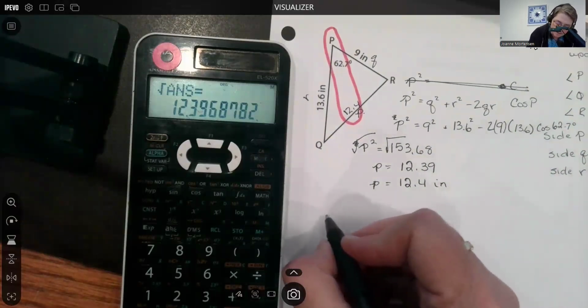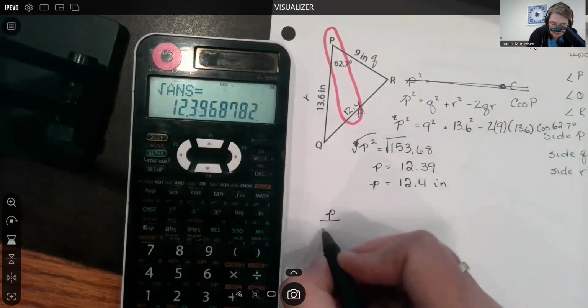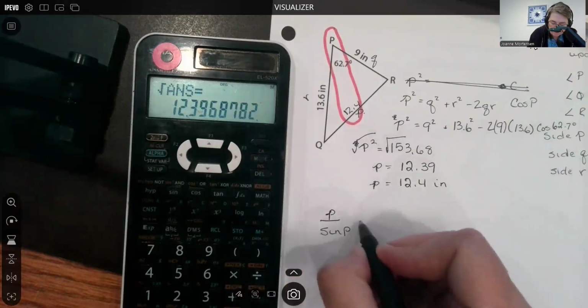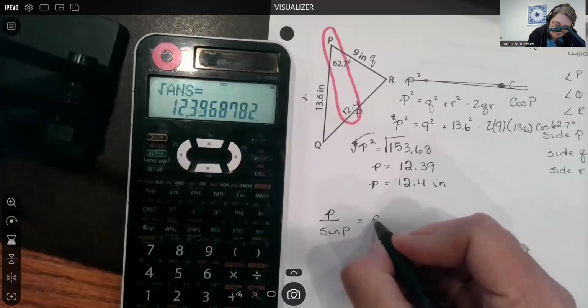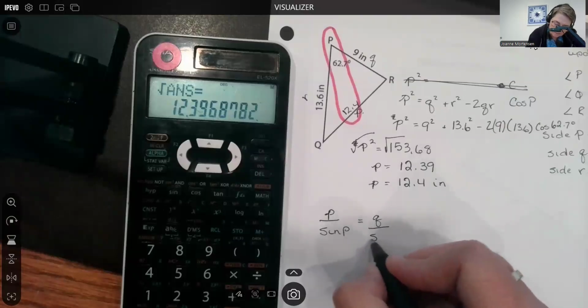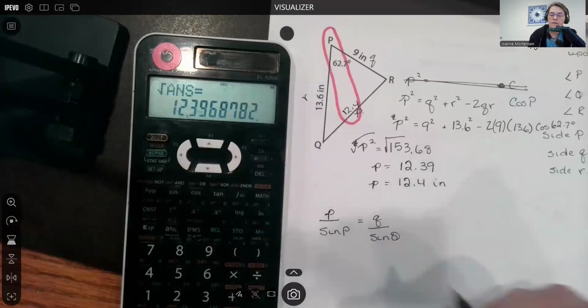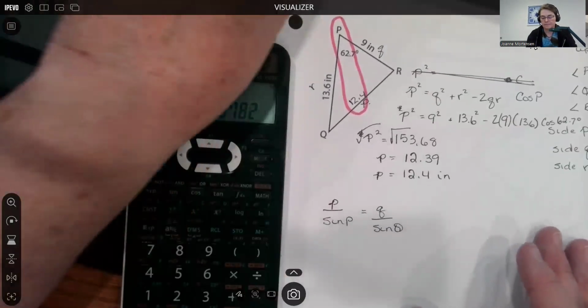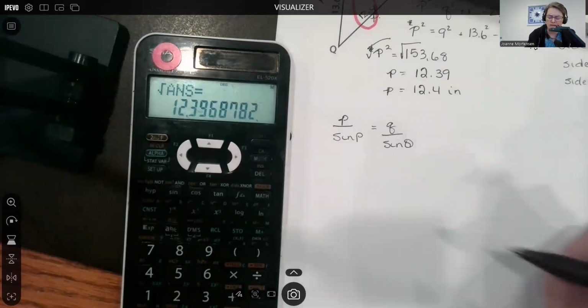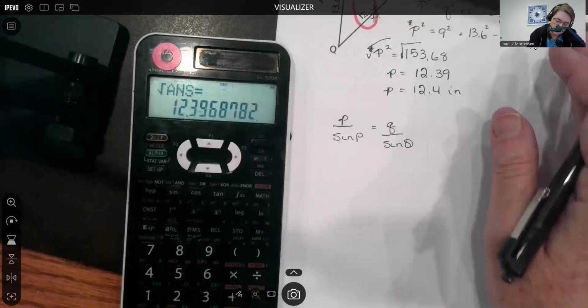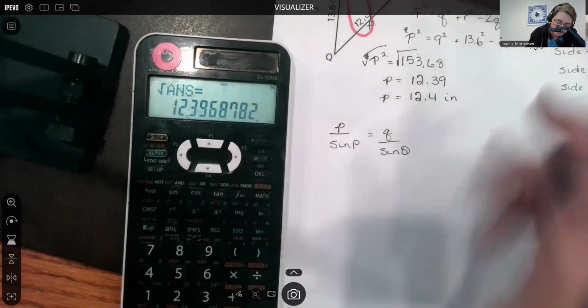So P over sine P is equal to, let's do Q over sine Q. In case anybody's weirded out, that's just the way I make my Qs. So little p we just worked out to be 12.4